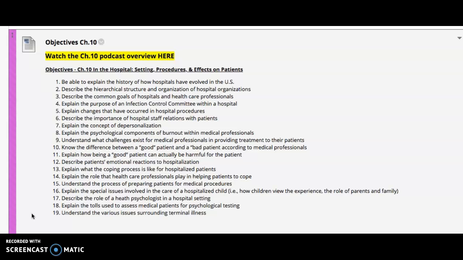And how might a good patient actually be harmful for the patient? So when I'm a patient and I'm trying to abide by everything the doctor tells me, and I'm trying to understand my condition, and I do as I'm told, and I don't make a fuss, that's great for the medical care professional, but it can be really harmful for the patient in that they might be missing cues that their